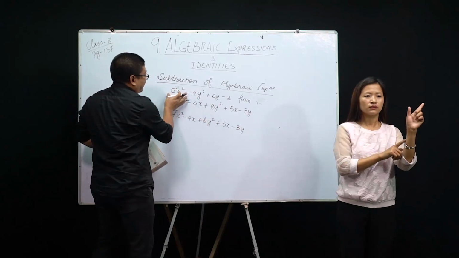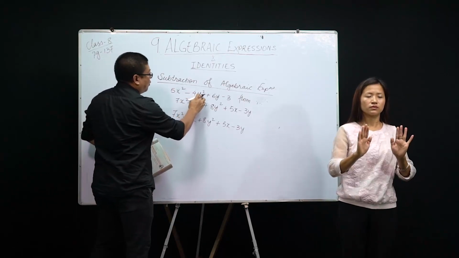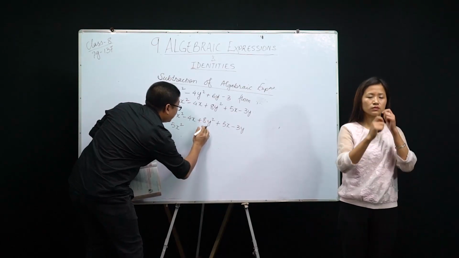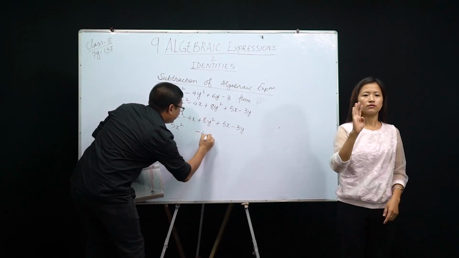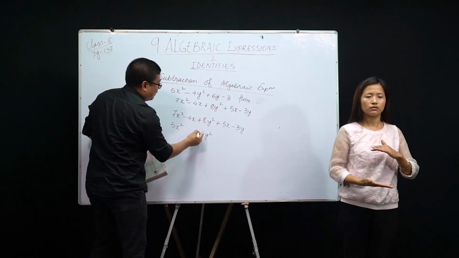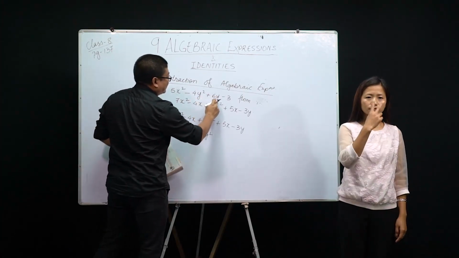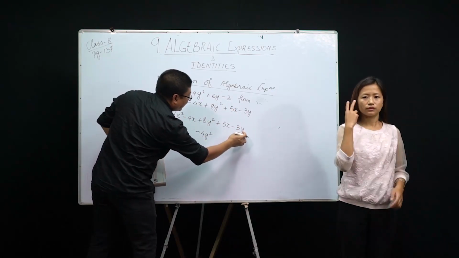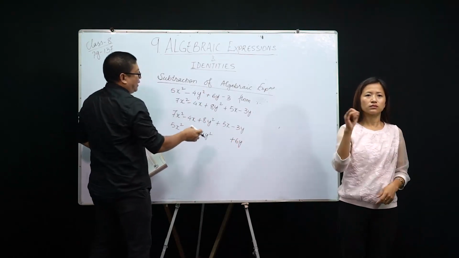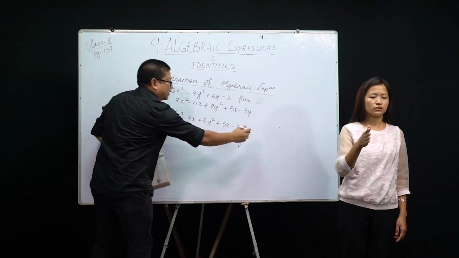Now we have to subtract this. So 5x squared will be as it is, minus 4y squared. If you look in the first expression, you can see that the y squared is here, so you will write minus 4y squared below the 8y squared. And if you look at the second term, plus 6y, we have to search where 6y is. Y is at the last, so we will write plus 6y. And finally, minus 3. There is no constant in the first expression, so I will write it